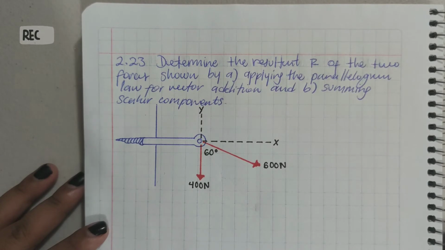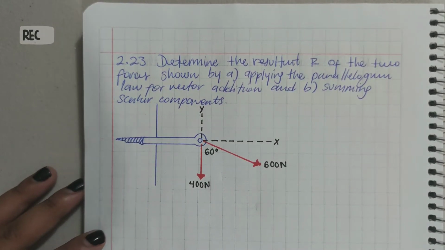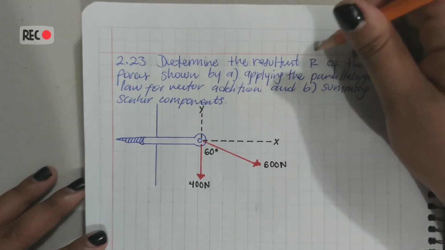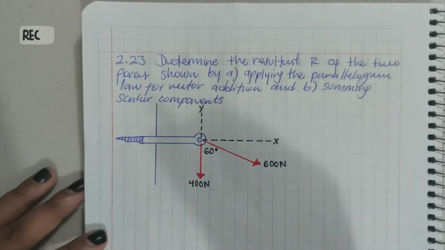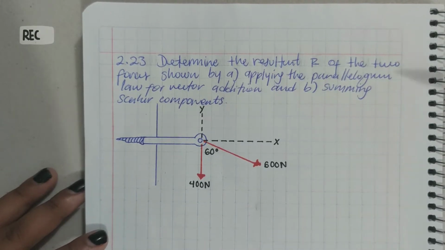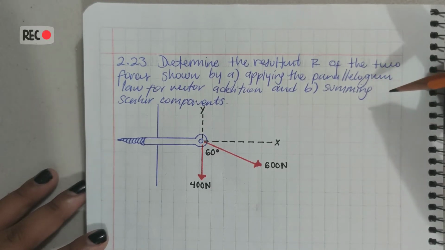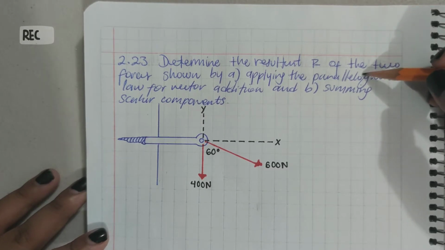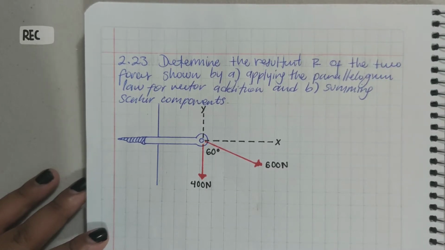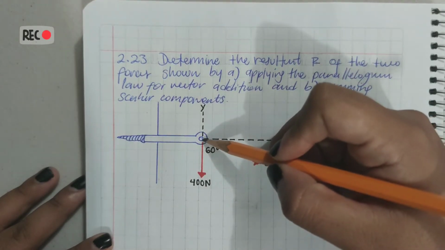For this video, I chose exercise 2.23, and it says: determine the resultant force R of the two forces shown here by applying the parallelogram law, or the parallelogram rule for vector addition, and by summing the scalar components. For the first point, we need to draw the parallelogram first, and we can do this by just drawing a parallel